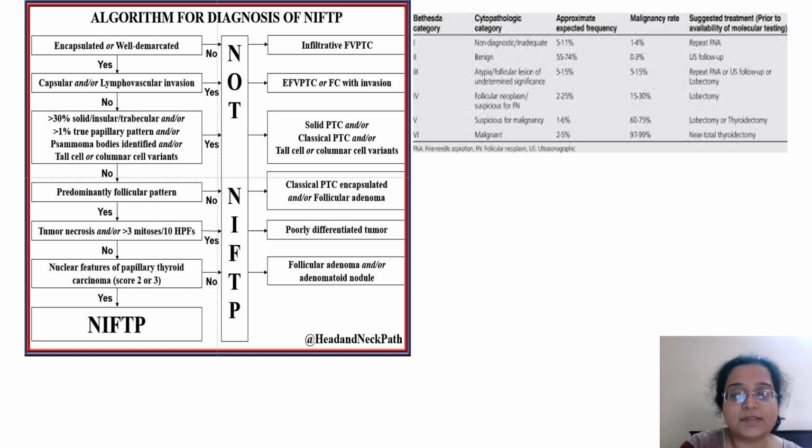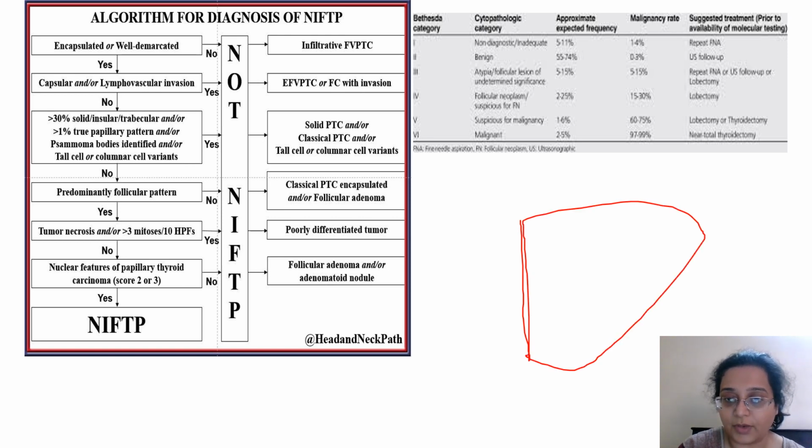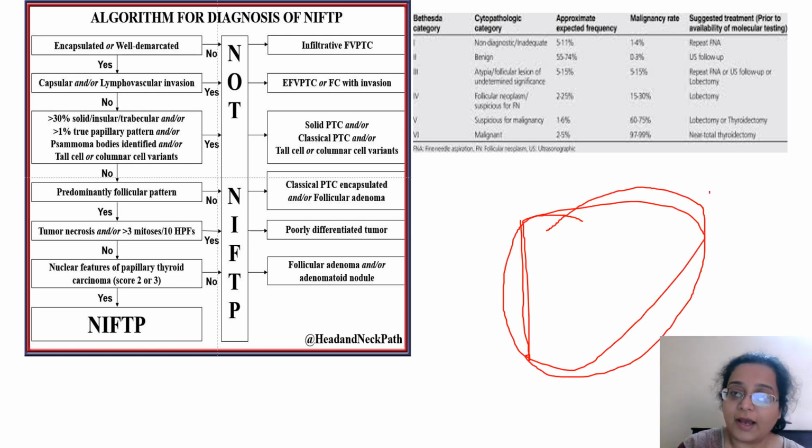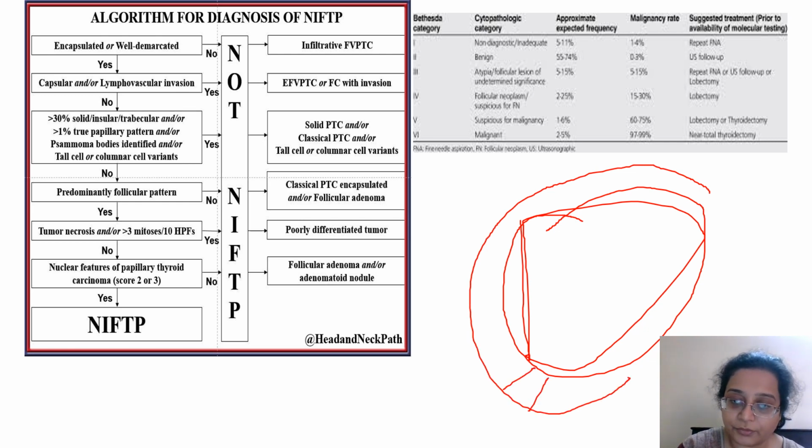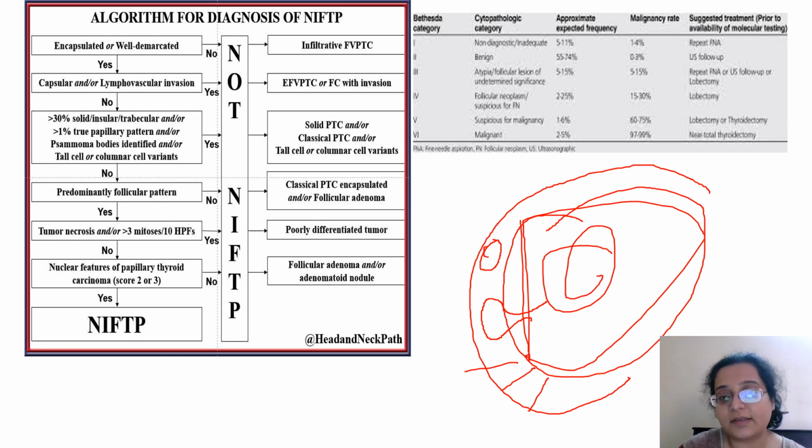Now, what happens in NIFTP is that when you look at a histopathology slide, supposing this is a thyroid, you have to look for the capsule. This is the capsule, and you have to look for any sort of mushrooming of the thyroid follicles in the capsule. This is a basic thing in follicular carcinoma. Second, you have to look for a vessel outside the thyroid parenchyma showing the follicular cells stuck to the vessel wall. Please understand this carefully. In a vessel, the vessel wall shows cells of follicular origin stuck to it. Then that is known as angioinvasion. And whether a mushrooming like this is in the capsule.